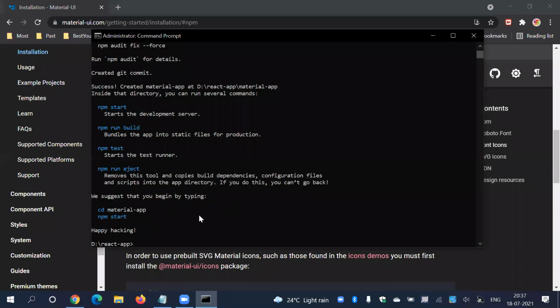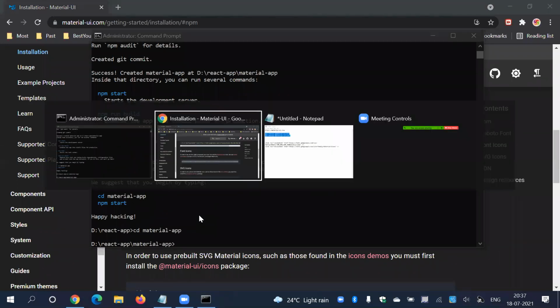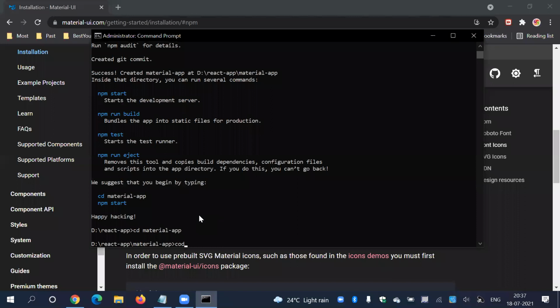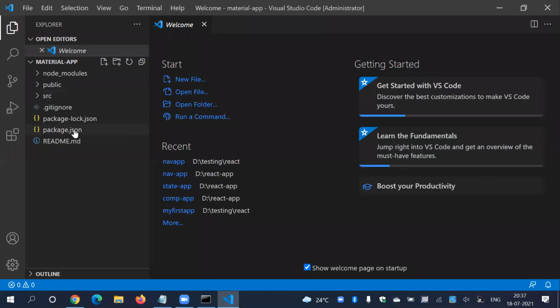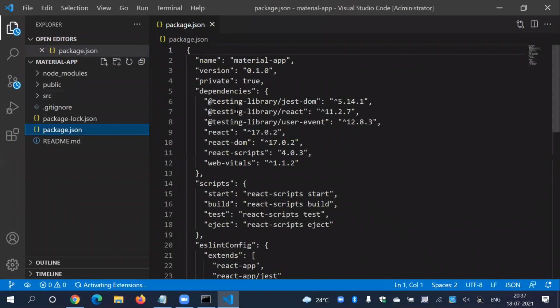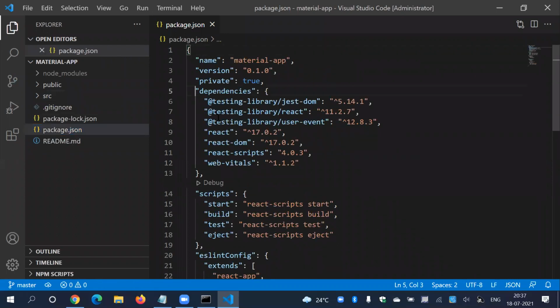So here we go. Let's open that folder, material app. If you open this folder in Visual Code, you will find in package.json, just look at this part, dependencies. There is no dependency related to material, right?